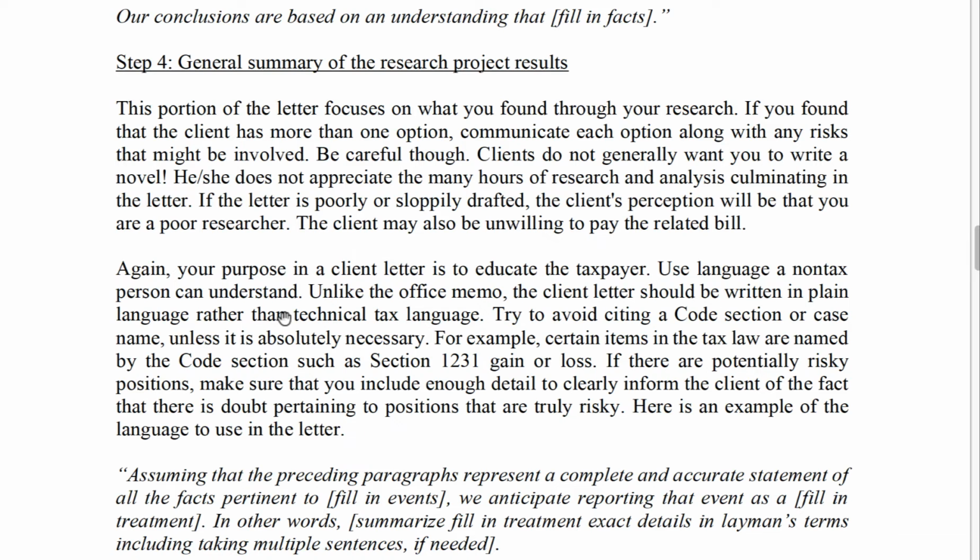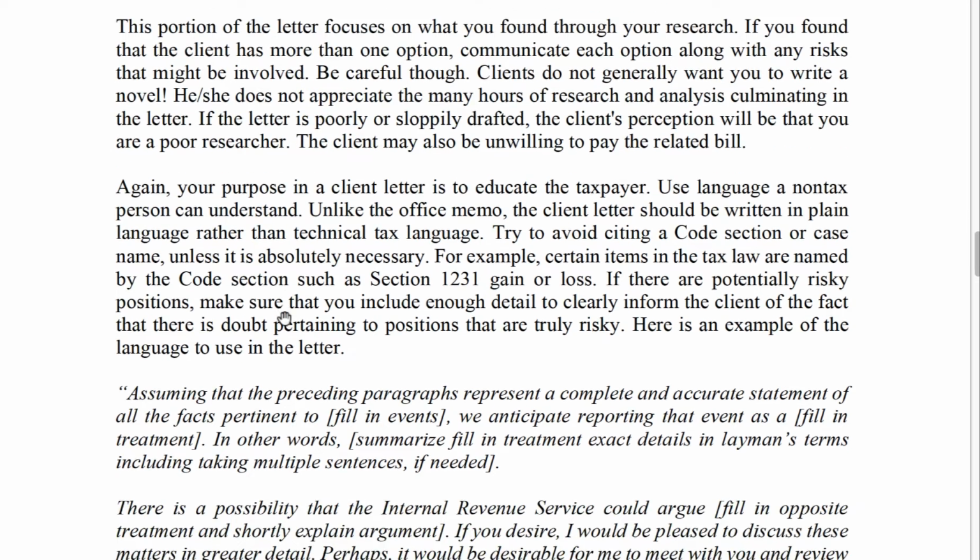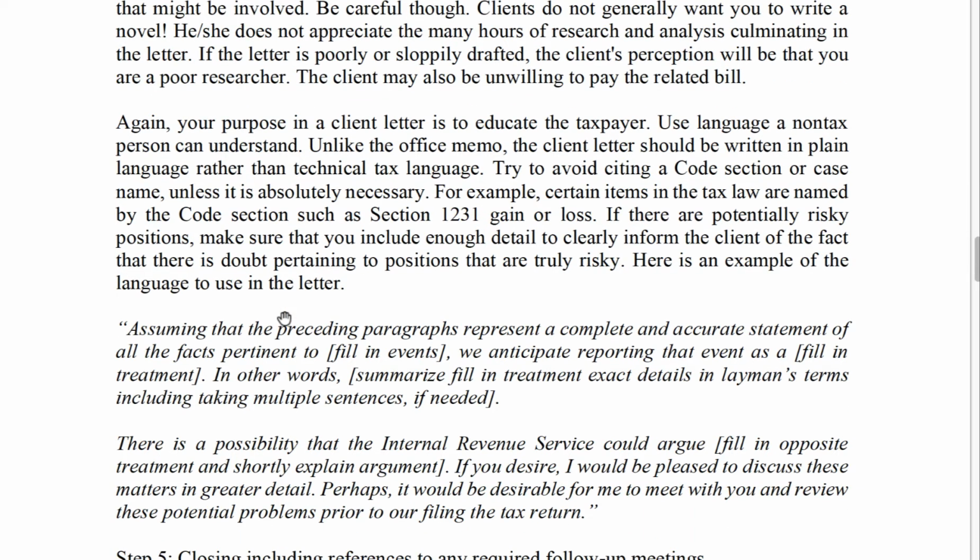Again, depending on what type of client it is. If it's a business client, they understand depreciation. But if they have no business understanding whatsoever, depreciation might confuse them. So the best thing to do is to provide, I'll give an example, assuming the preceding paragraphs going through the